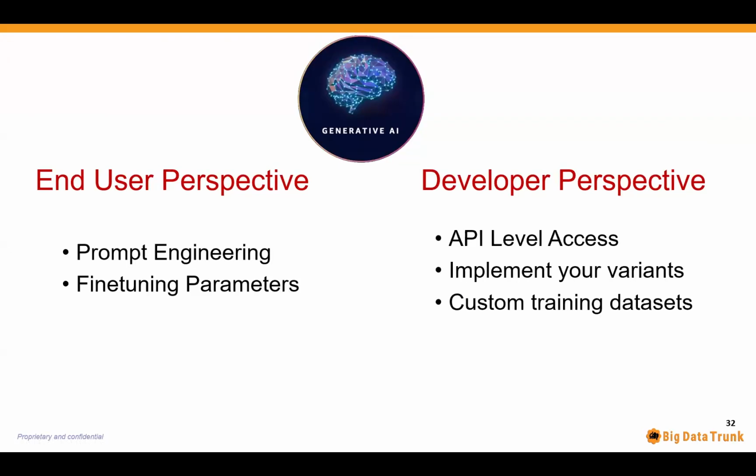Okay, so from a developer perspective, again, a lot of those do allow you to get your own API level access. For ChatGPT, you will have to have a paid subscription. With Google Gemini, you can still do it for free. A lot of those transformer-based architectures like Hugging Face also allow you to get your own API tokens completely for free. So you could pick up some language.